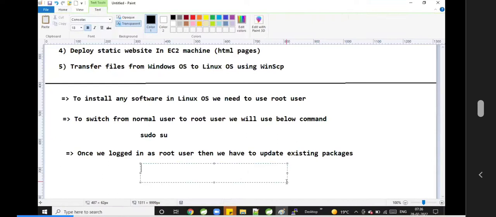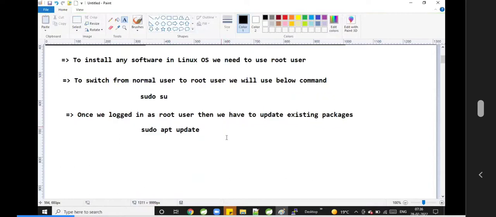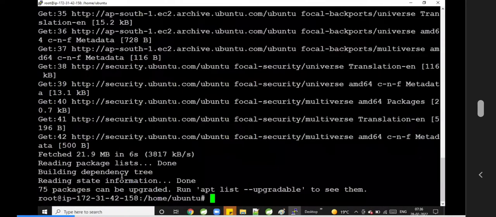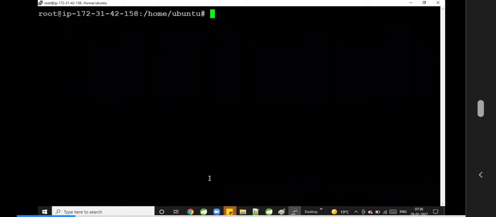For that, we are going to execute a command called sudo apt update. So the update is completed. Clear. Next, let us install Apache. sudo apt